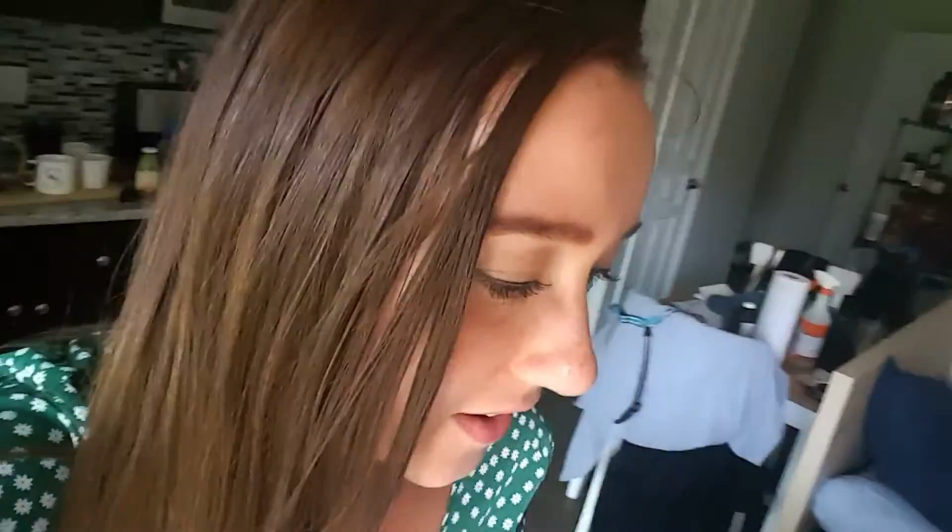Messy today, but I just wanted to share with you a little recipe that I've been making quite a bit, and I feel as though it's helping my skin become a little more clear, softer, and more glowing. The reason I think this is happening is because it has a ton of healthy fat and protein. It's very rich in omega-3s, which lowers inflammation in the body, and it's very good